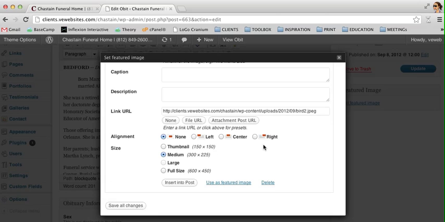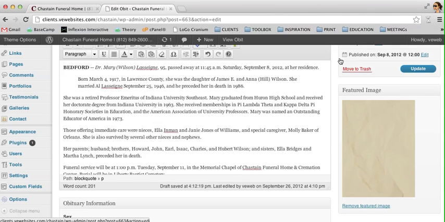I can scroll on down. Any of this I do not have to worry about here. We can leave as is. And I'm going to use as a featured image. So it's going to use the photo that I uploaded from my computer and it's going to display here. Once you see it populate in the background, you can just exit out of that. And there's your picture. Now let's say